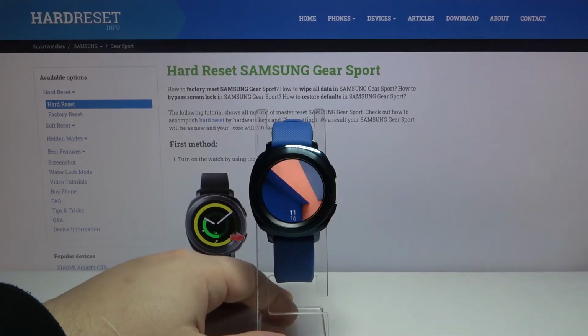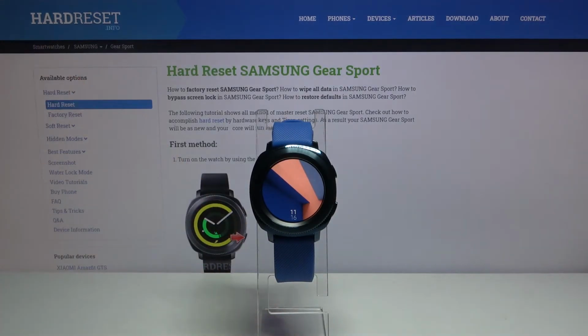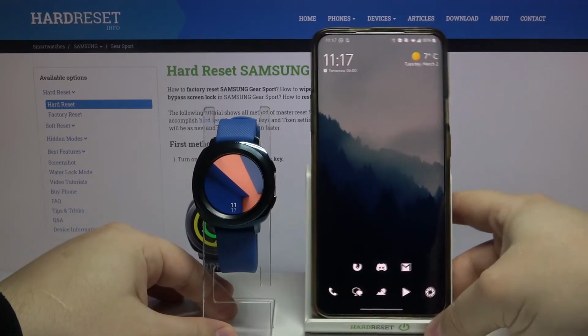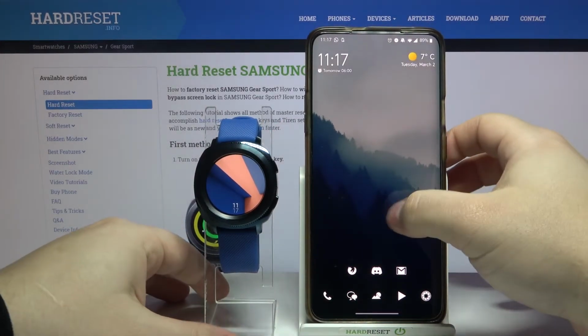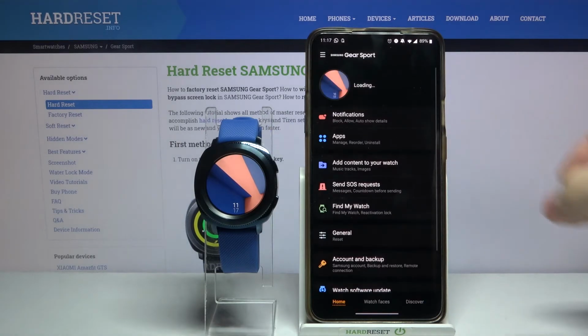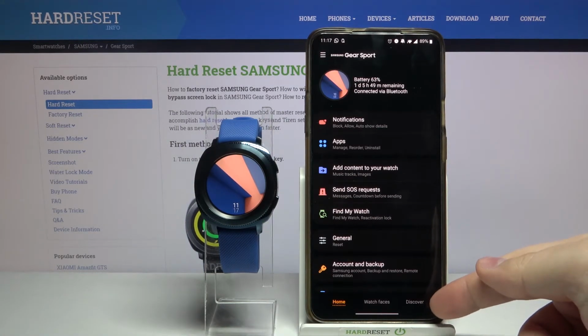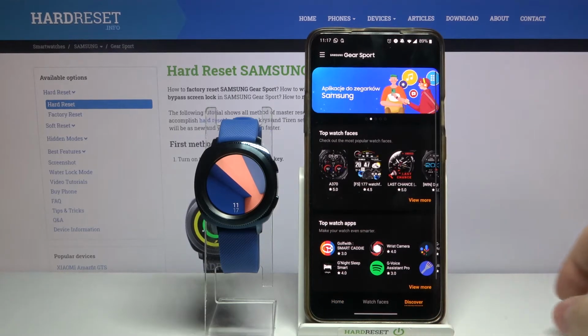We can also use the phone app to install the app. So let's bring our phone right here. Open the Galaxy Wearable app on our phone. Here let's tap on Discover. Then